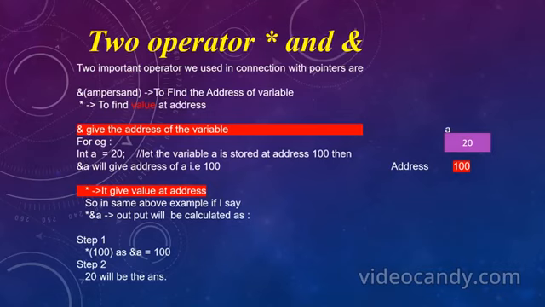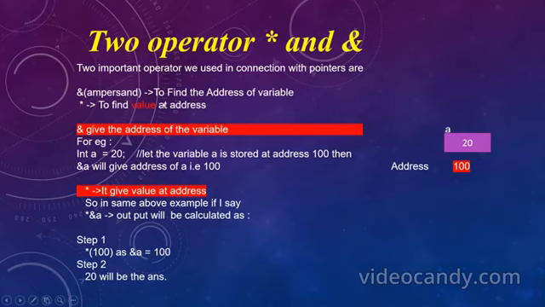There are two important operators of pointers. One is known as ampersand, another is known as star. Ampersand is used to find the address of a variable. So if we want to find the address of a variable, we use ampersand. Star gives the value at the address. This is very important. The difference is ampersand gives you the address of the variable and star gives the value